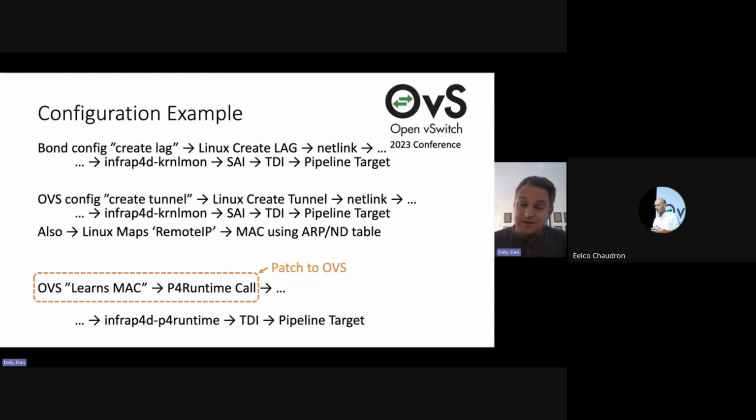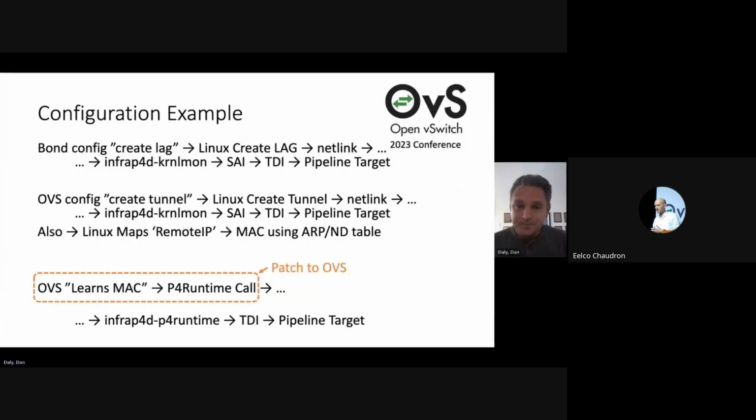An extra step is needed in VXLAN because when you create that tunnel, all you have is the remote IP address. Keeps it very simple. So Linux has to have that map that says, all right, well, this remote IP address maps to this MAC address in the ARP table that is also copied from the Linux into the data plane, such that when the MAC address is learned, you know, when you're encapsulating that VXLAN, you know what MAC address to put on it, and then the data plane knows which port that MAC address is associated with. And so having the Linux as the control plane provides us all of that nice mapping that's already there,